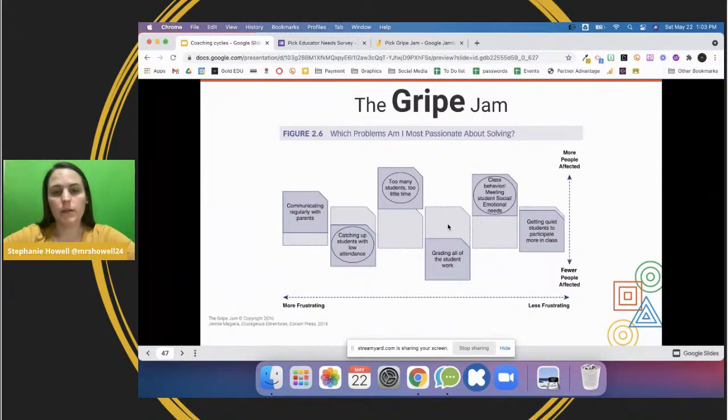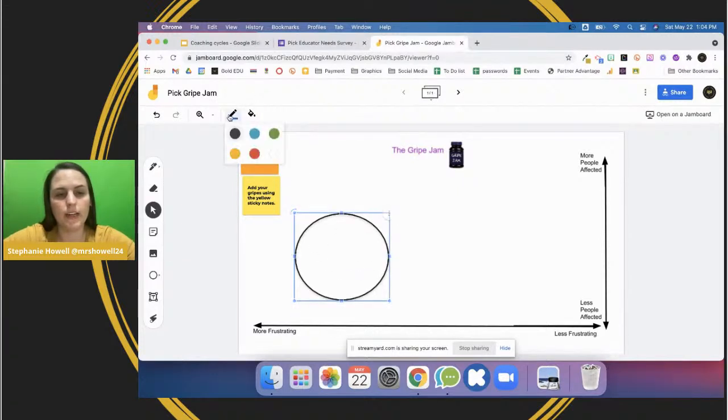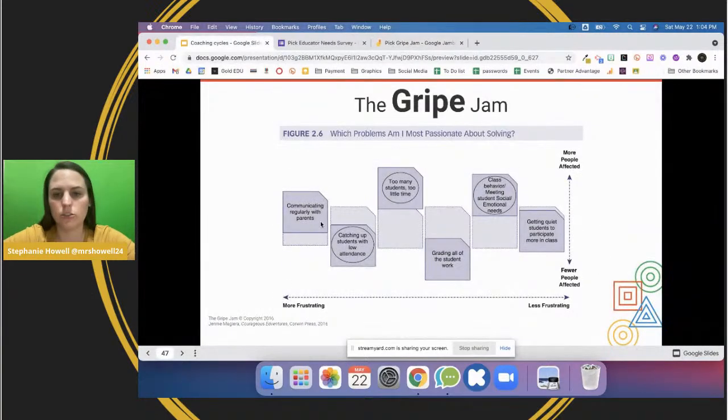All right, now I want you to think about what problems you are most passionate about solving. And you're going to circle those problems, or you can use this little circle tool. And then you can drag a circle and make this transparent, and I might make this red. And now I want you to circle the different areas on your Gripe Jam that you're most passionate to solve. All right, I'm not passionate about communicating regularly with parents, but I am really passionate about